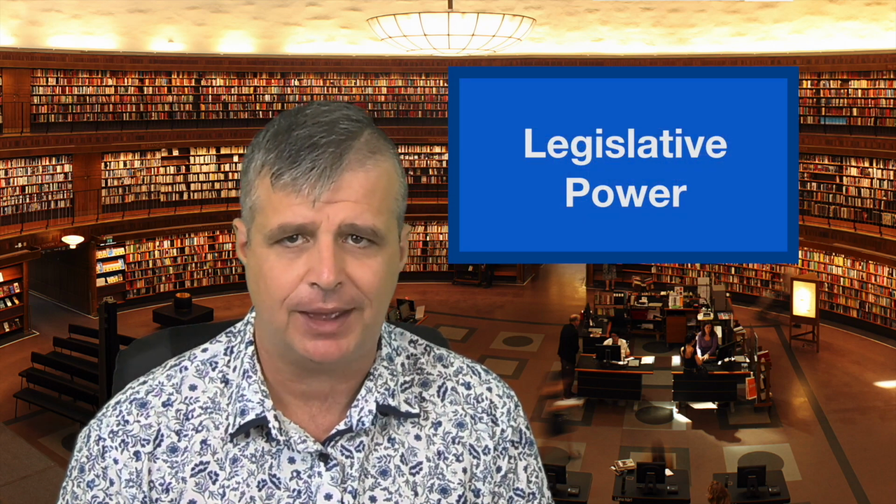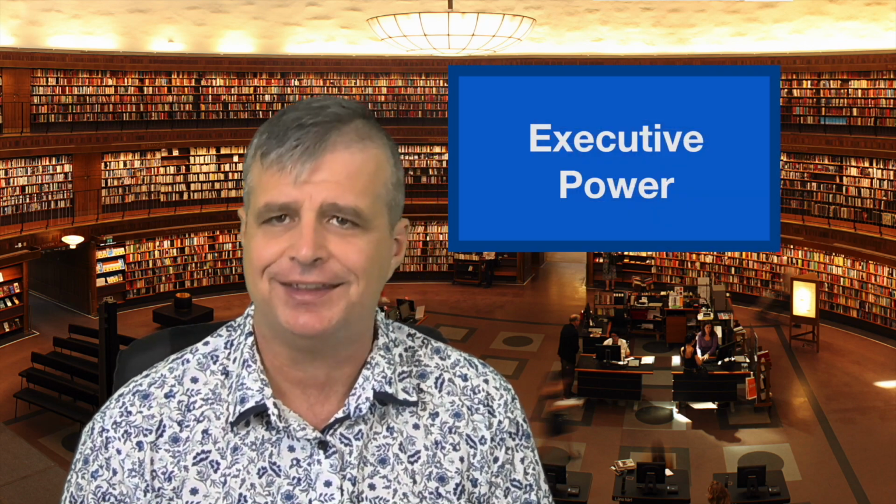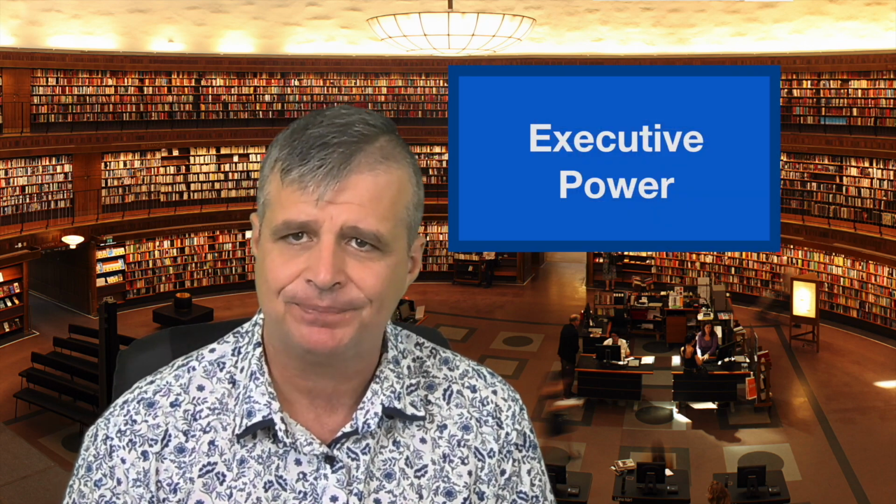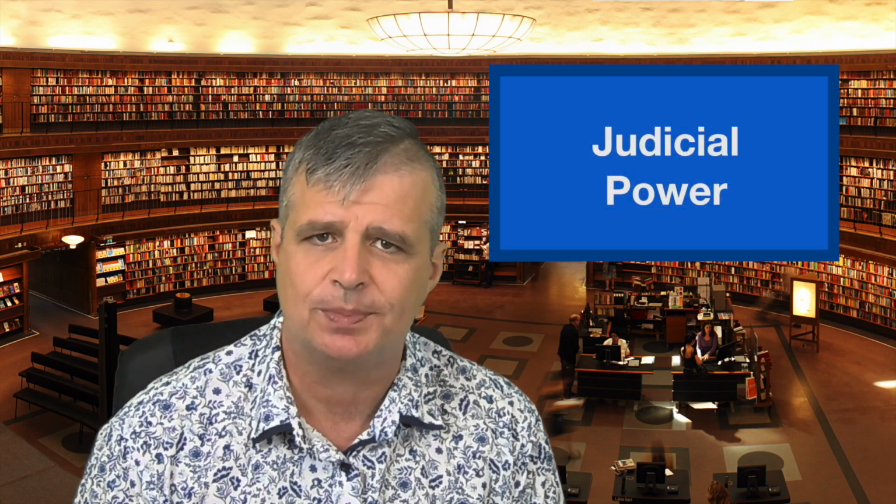The starting point is pretty simple. Any power structure in any human context requires answers to three questions. First, how are the rules made? We call this legislative power. Second, how do those with power actually get stuff done? We call this executive or administrative power. Third, when there are disputes, who decides how those disputes turn out? We call this judicial power.